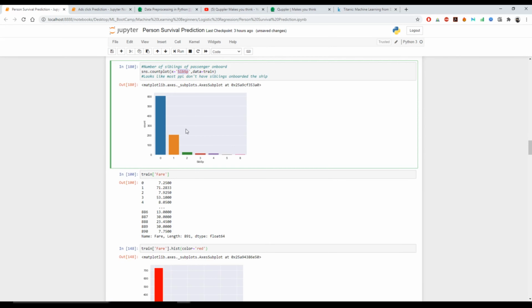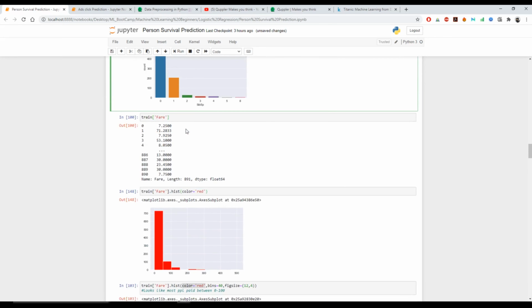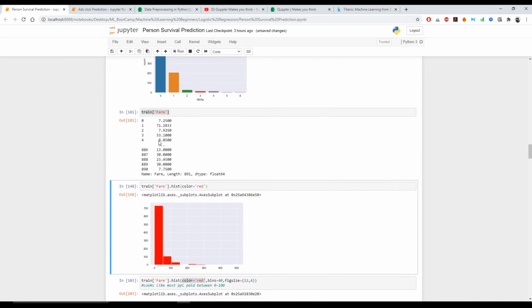Once this is done, we're going to move ahead and see the fare column. If you want to print the fare column, we can see its values, but we want to plot the histogram of it using matplotlib. Then we can do it this way. For this column we just need to call dot hist, and pass the color red.